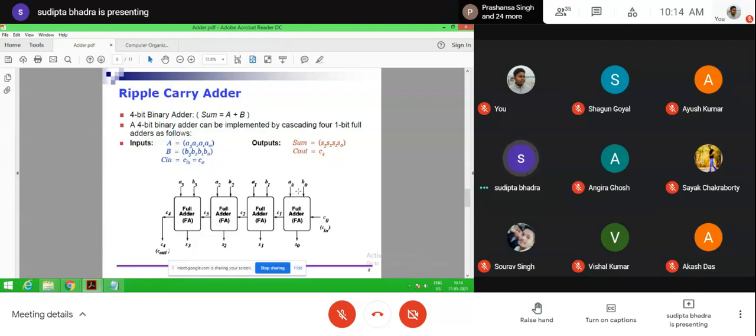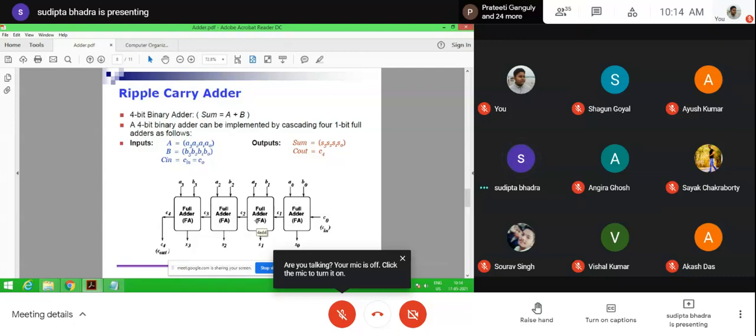Say A0, B0 is the input for a full adder, then the output will be C1. That C1 will be used as Cin for the next full adder. Then C2 will be used as Cin for the next full adder. So in this way, this is the ripple carry adder.